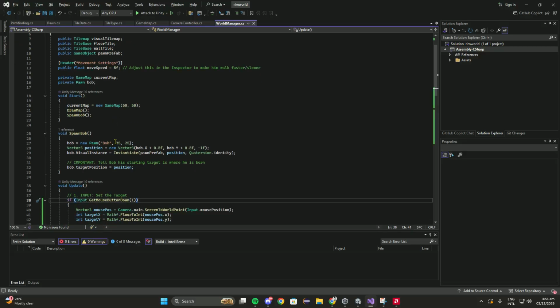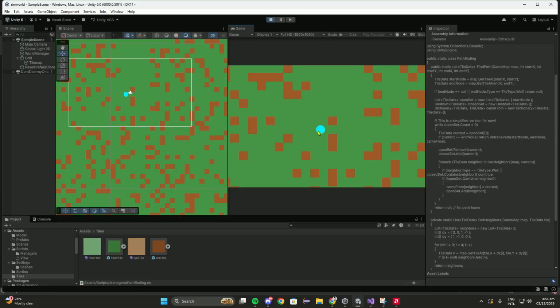Bob spawns at the middle, so 25, 25 for X and Y. Then this is the location of Bob when he moves. I specifically put 0.5 for every grid because it's the most accurate when he moves from tile to tile on the sprite.